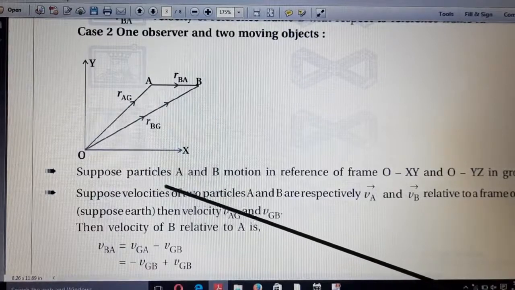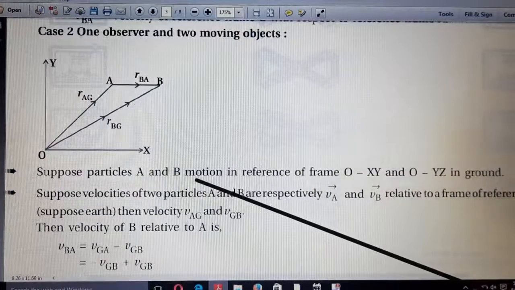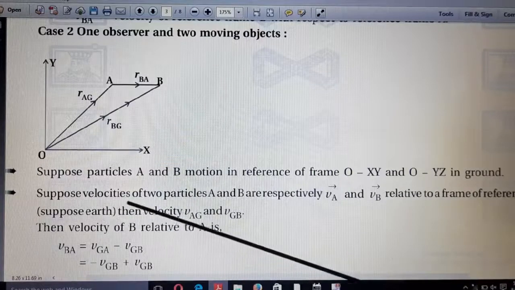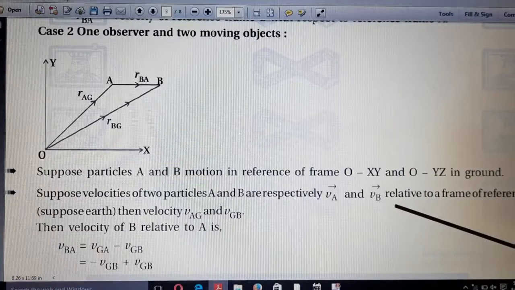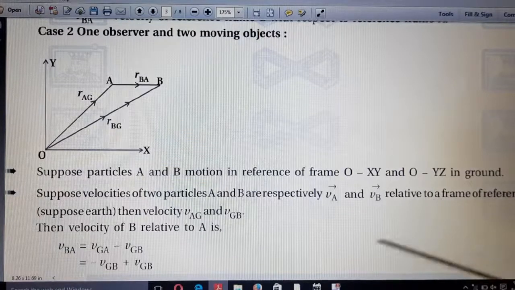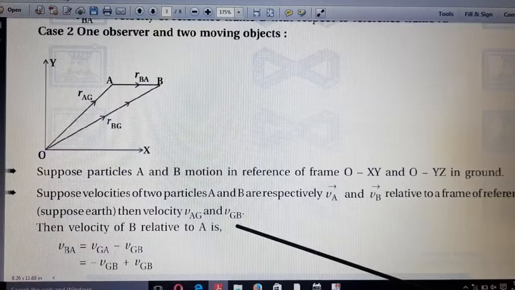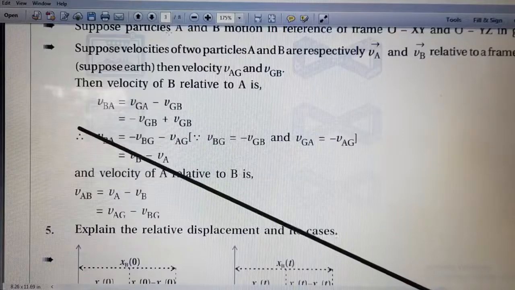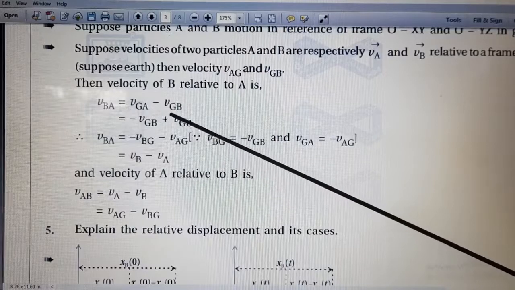Suppose particles A and B move in the reference frame of O xy and O yz, which is the ground. Suppose the velocities of the two particles A and B are VA and VB respectively. Relative to the frame of reference, the velocities are VAG and VGB. So here we can write VBA is equal to VGA minus VGB, means